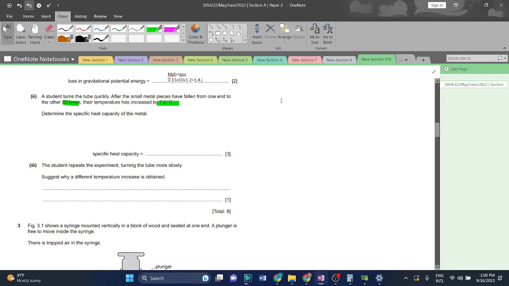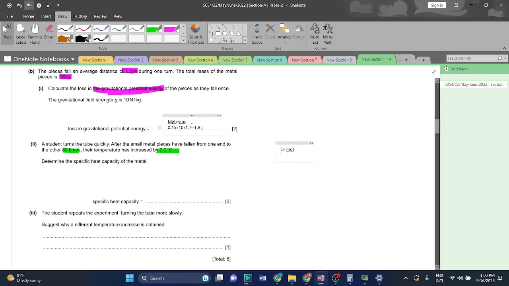The specific heat capacity will be calculated using Q is equal to mcΔT. Delta T means the change in temperature. Q हमारे पास निकालने वाला है. Actually नहीं. C is specific heat capacity. Q है हमारे पास 1.8. अच्छा, हमने Q जो है ना वो हमने निकालना है, calculating it by multiplying 1.8 joules into 80